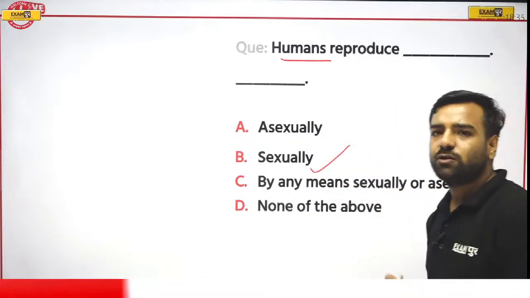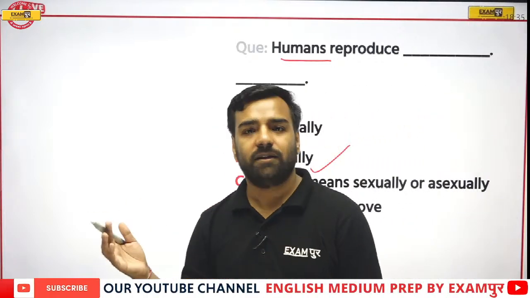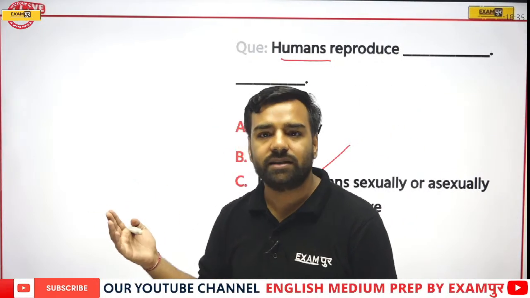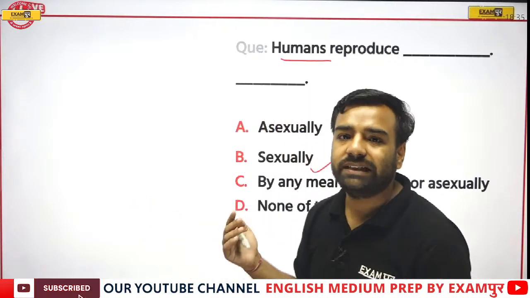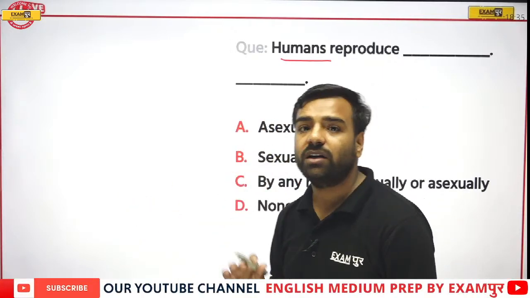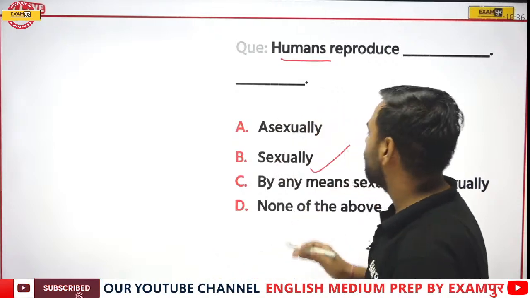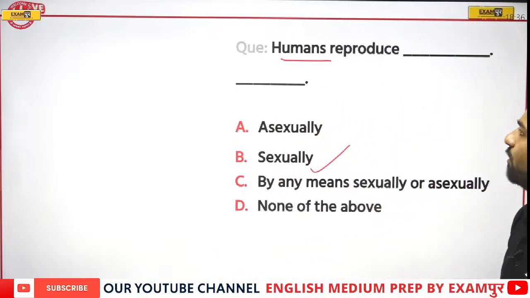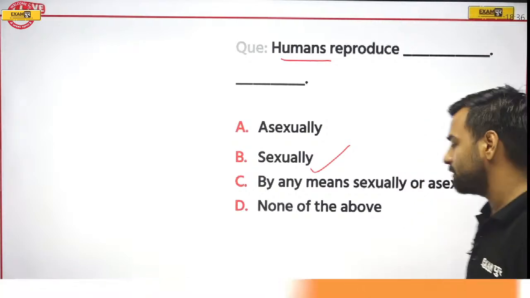If I talk about asexual methods, what are they? It can be budding, correct? Then sporogenesis, correct? Fragmentation. These all are examples of asexual reproduction. But if I talk about sexual reproduction, here you can take the example of humans. Next,